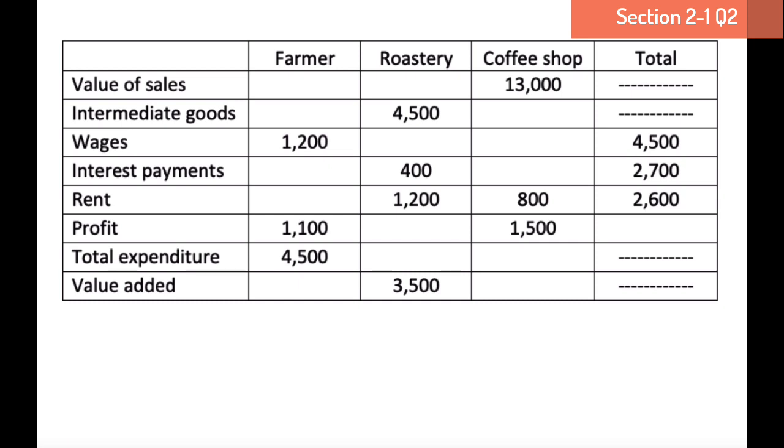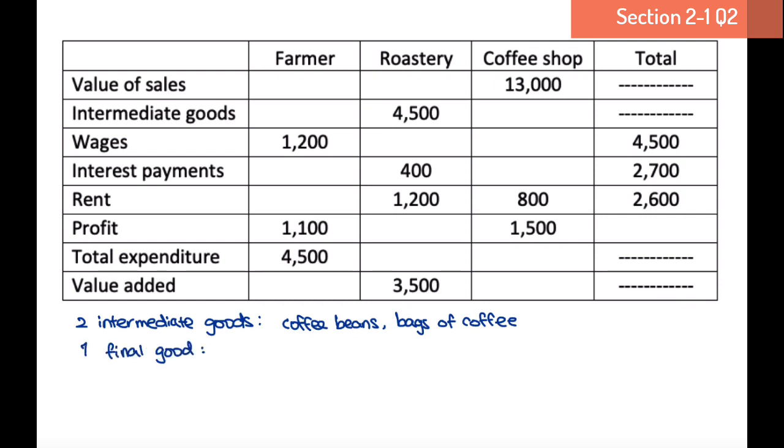Here we only have three producers in the economy. The farmer produces coffee beans, the roastery uses the coffee beans to make bags of coffee, and the coffee shop uses the bags of coffee to make lattes. So we have two intermediate goods in this case, which are coffee beans and bags of coffee, and we have one final good,